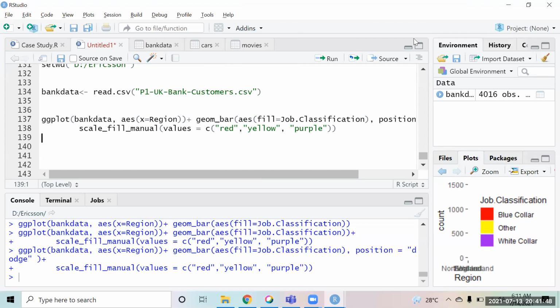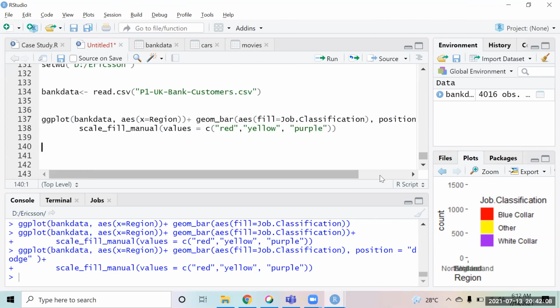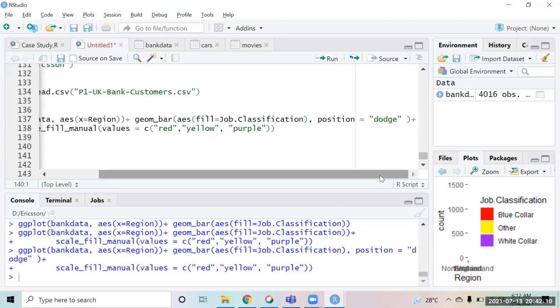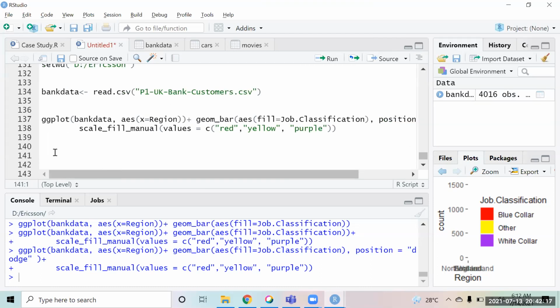Scroll right, please. Sorry? Scroll right position. Because there is a position underscore dodge also. I don't know if it is the same. Position equal to dodge. I'm saying there's a position underscore dodge also when I was writing position. I don't know if that is the same function. You are asking about this chart?